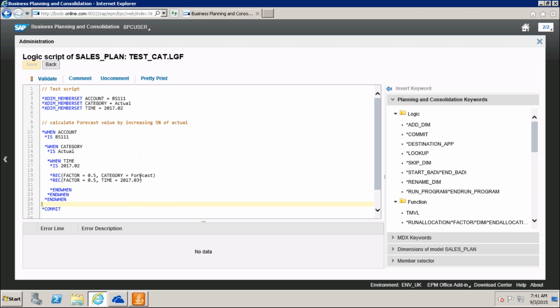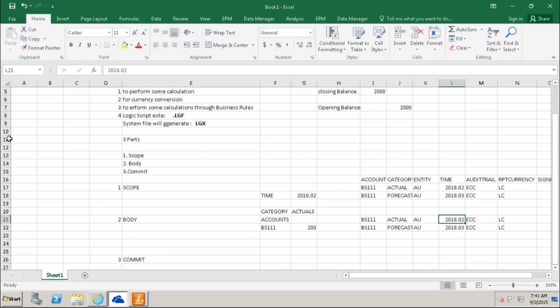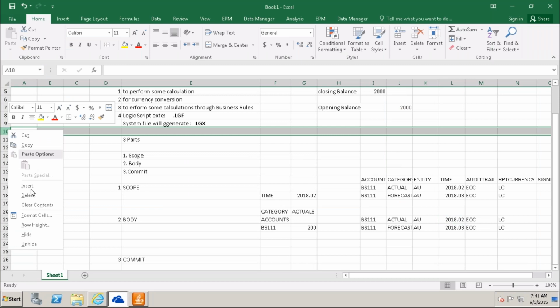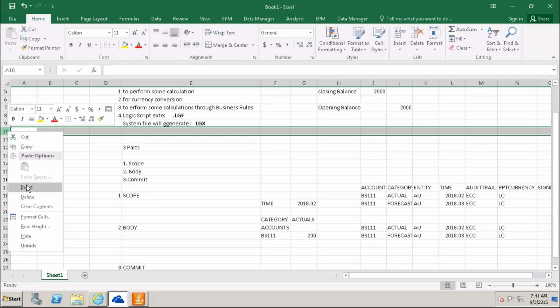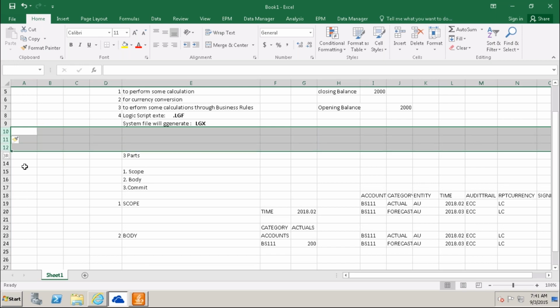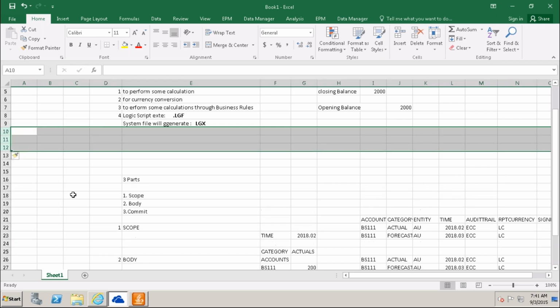I have written the script, but how will it apply and how will it work for our actual data and forecast data? That is my script logic. I can utilize this script logic in two ways.